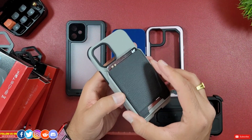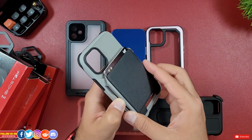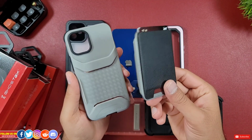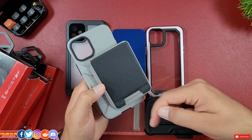For me, waterproofing is not something that I need on a regular basis, but I would rather have the ability to add an ID card or a credit card. So I personally like the EXEC case, but let me know which one is your favorite,